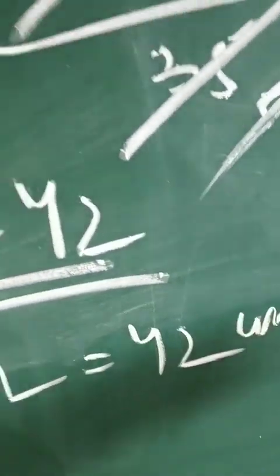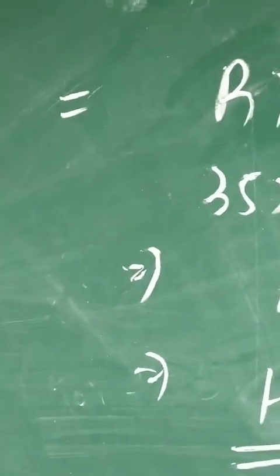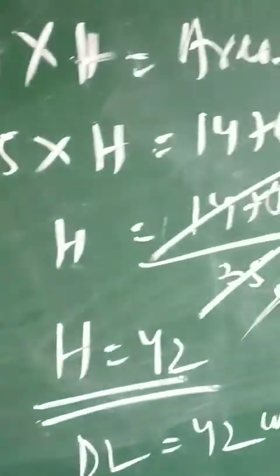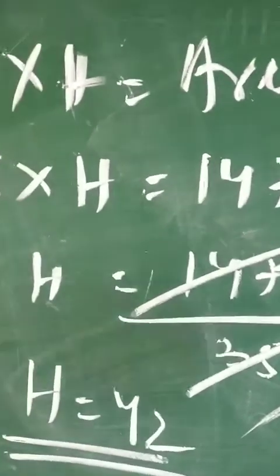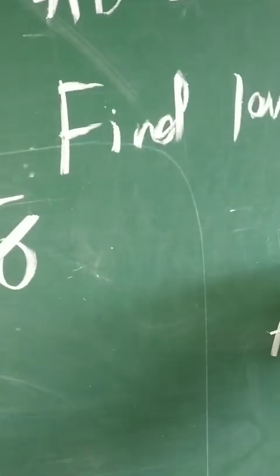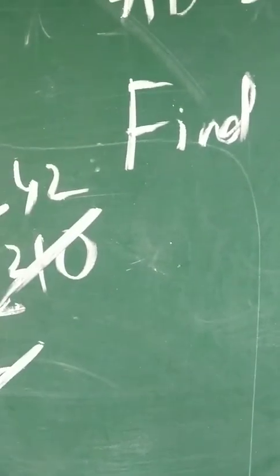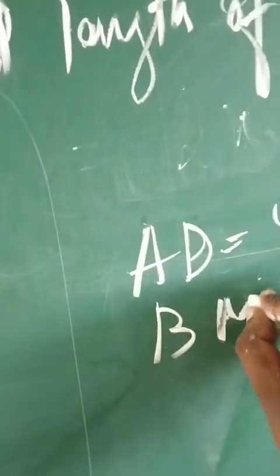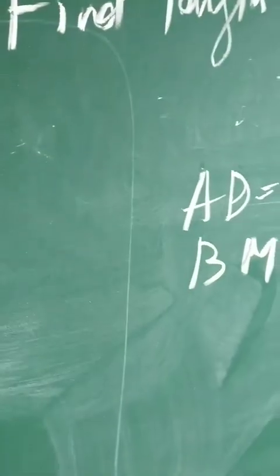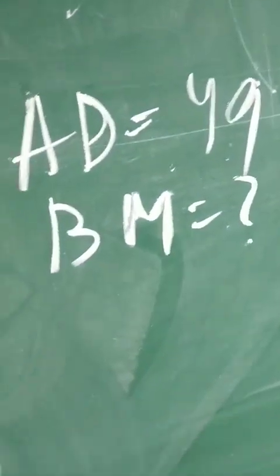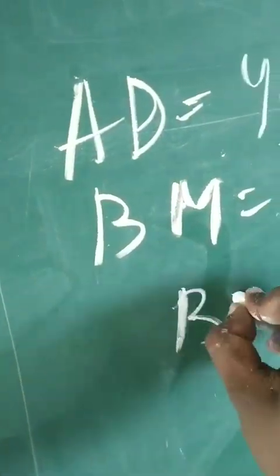centimeter. Children, the next part should be done using the same process. AD is 49. BM is unknown. We don't know the measure of BM. Okay, no problem. We will write in this way. Base into height